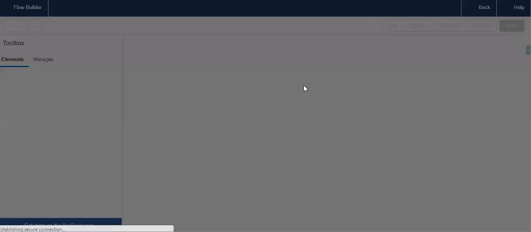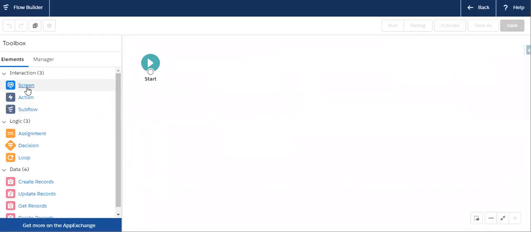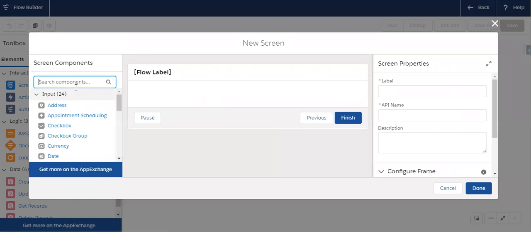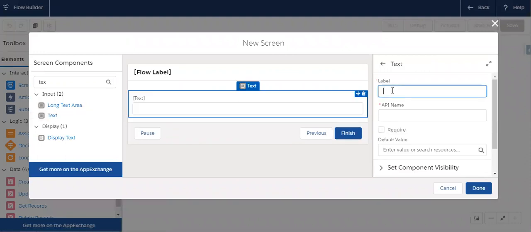Let's create a new flow. I'm going to create a screen flow, so I selected the flow type as screen flow. Let's click create. Let's add the screen component for taking the account fields. Let me drag and drop the text component and name it account name.